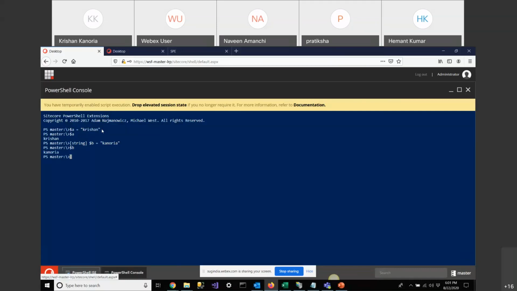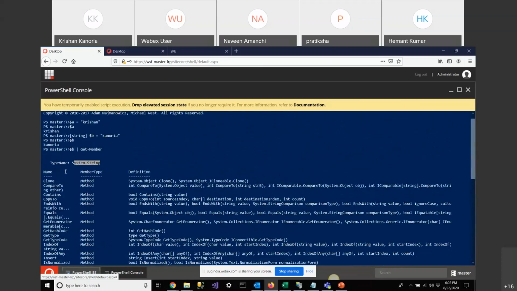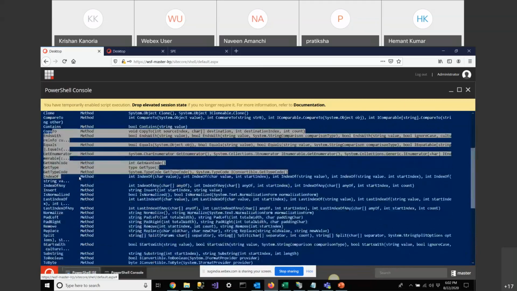This output is again Christian. Suppose I give a pipe, then Get-Member, and if I enter this, now this is the string type and these are the member details.